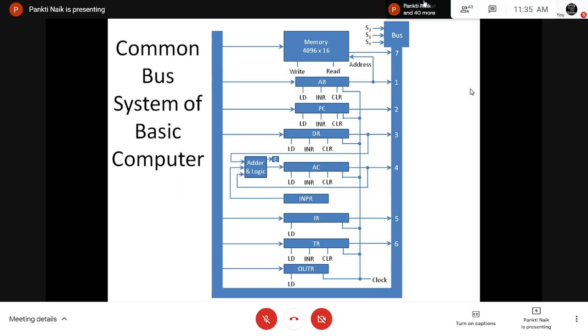The bus lines are connected to the inputs of the registers and the memory, right? And these registers AR, PC, DR, AC, IR, TR and OUTR have the control inputs LD, INR and CLR, right? AR, PC, DR, AC and TR have the control inputs load (LD), increment (INR) and clear (CLR), right? So this type of register is equivalent to a binary counter with parallel load, right? Now